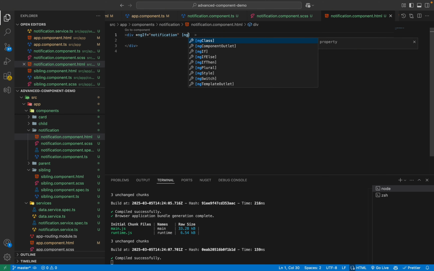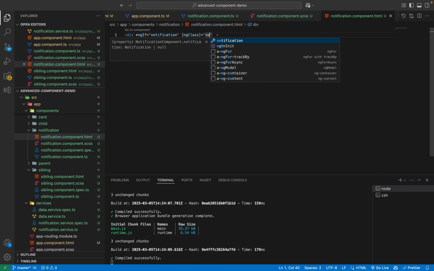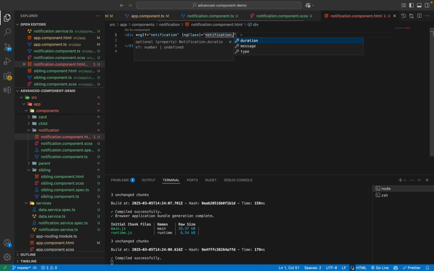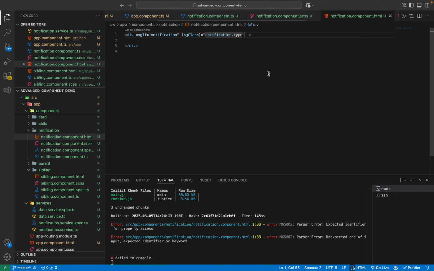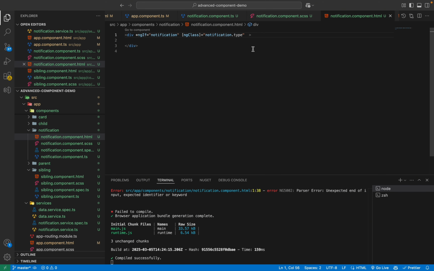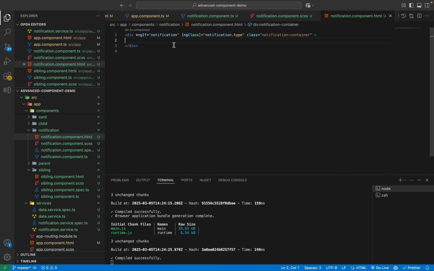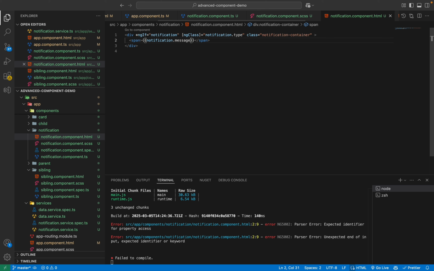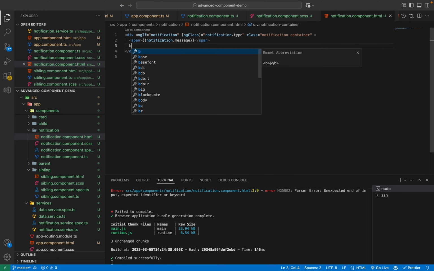Okay, so I'll say ngClass, and I will say based on notification.type, I want to give a class like red, orange, depending on the type of notification. And I'll just give it a class called notification-container, and inside this we'll have a span, and that span will have our notification.message, the message you want to show. Next we can have a button to close